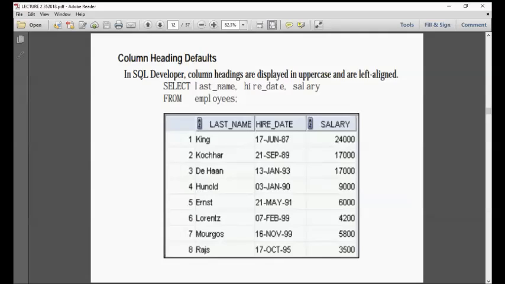Select last name. Now, we have here the data, last name, hire date, and salary. So column headings are displayed in uppercase. So heading, last name, hire date, salary, all of them are all capital. In other words, uppercase. And they are left aligned.